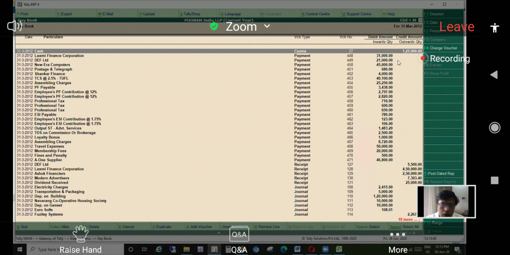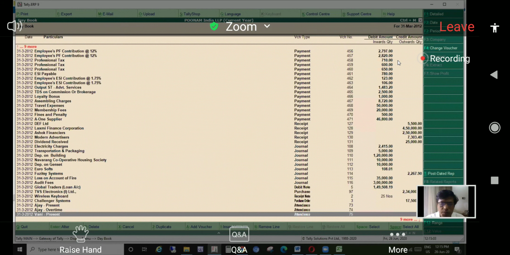Sales order, journal, receipt. Normally, we go to display account books, ledger, as Ankit rightly said, we select a particular ledger, or we go to cash book, bank book. Here, the day book functionality is that it has all the ledgers, all the transactional information.